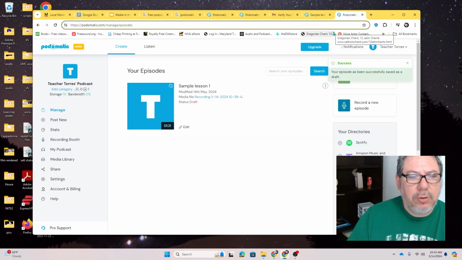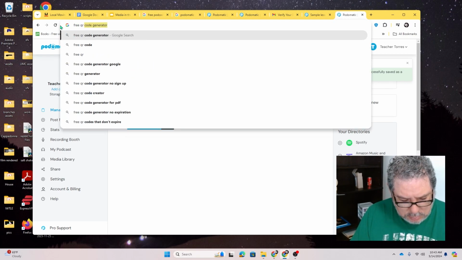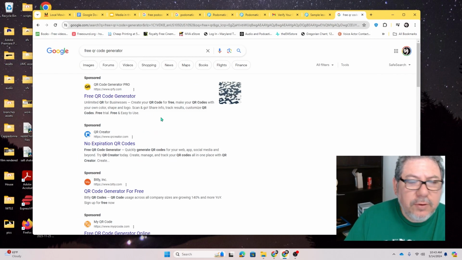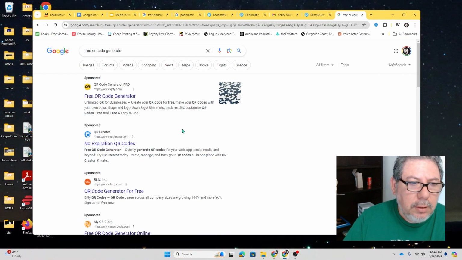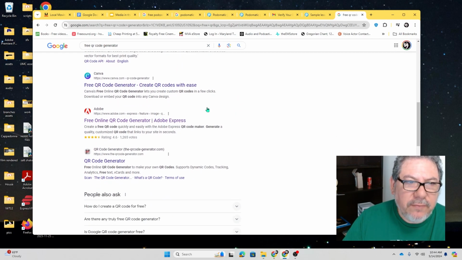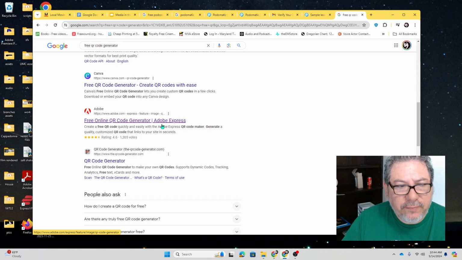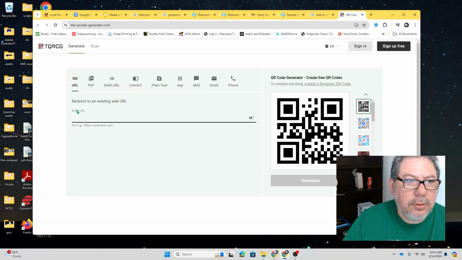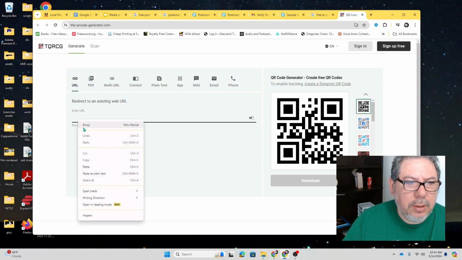I'm going to just show you real quickly how to do a free QR code. And you've got to be careful because some of these you have to pay for. So make sure you avoid those sponsored ones because they're paid for. But you can get some. If you have a Canva account, Canva also has it. I have an Adobe account, so I can do it through Adobe for free. But most of them, like this one here, I think it's free. You just go there, you click in your link,